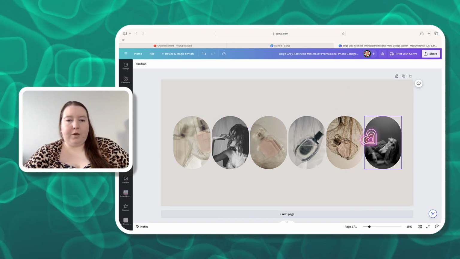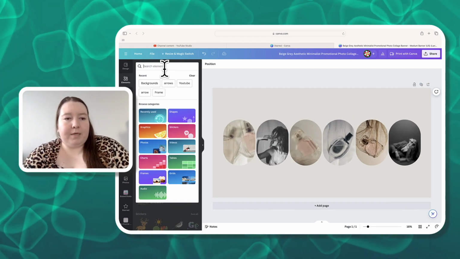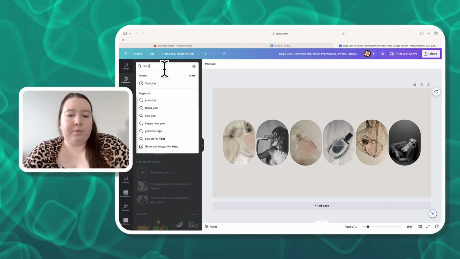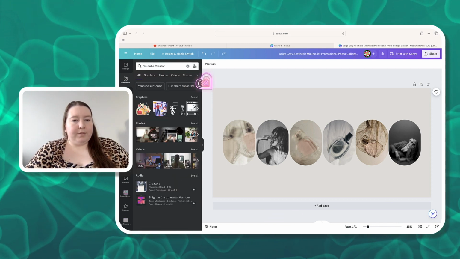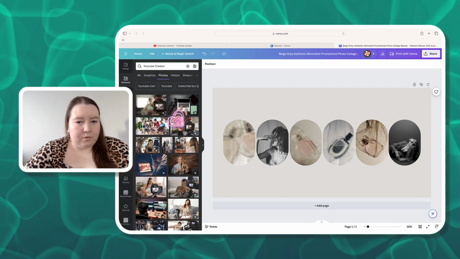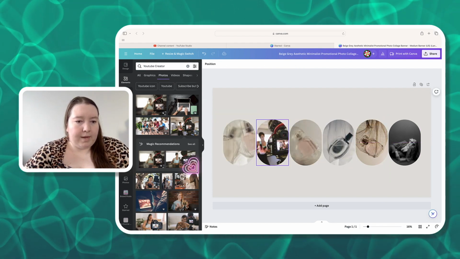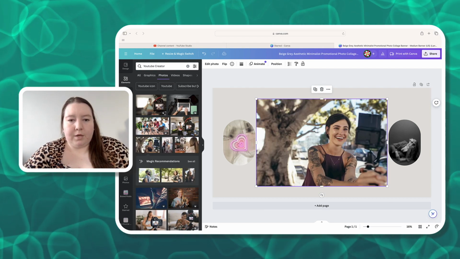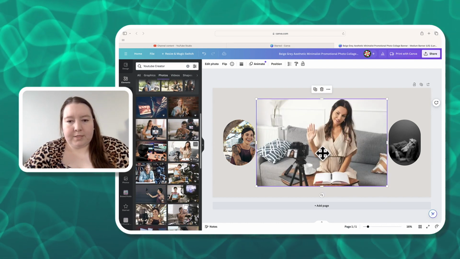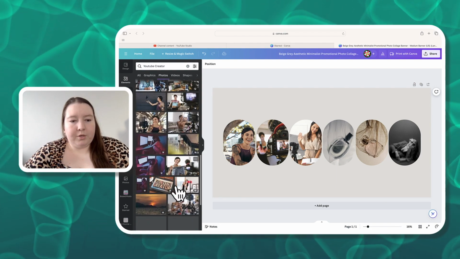Okay, so you want to go and you want to change these photos. Since I'm not going to use personal photos, I'm just going to go here and type in YouTube creator. So they use stock photos, so you can go here, and maybe you want to use this photo because it shows you with the camera, or maybe, you know, you'd use your own personal photos, but just some examples of photos you might want to use to showcase what you're about,